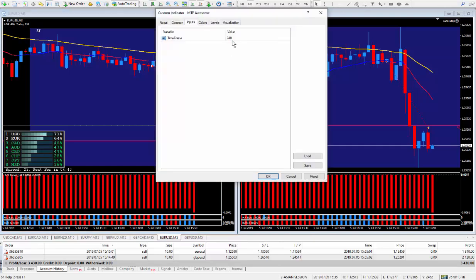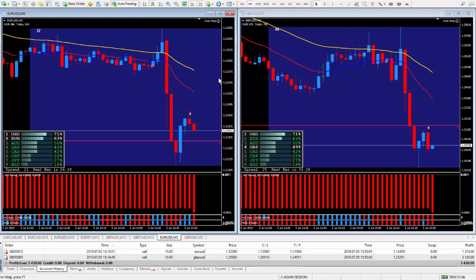In other words, I have it preset on the 4-hour time frame. If you press reset here, it'll go to the daily time frame. You just have to press OK. I figured 4 hours is a high enough time frame for me to take a trade on news. So very clear on both of them. You know, we're selling. It's red, it's not blue, so we're selling. Made it very simple and easy, and I teach all of this within the training videos.